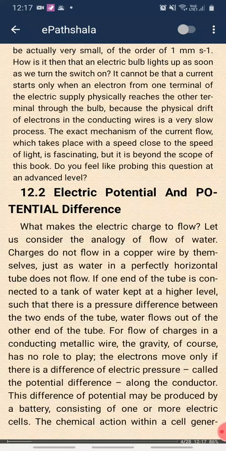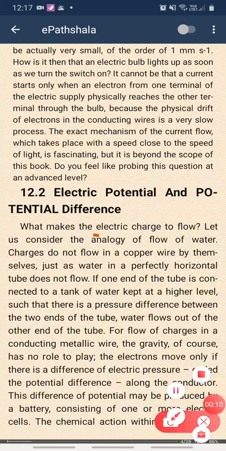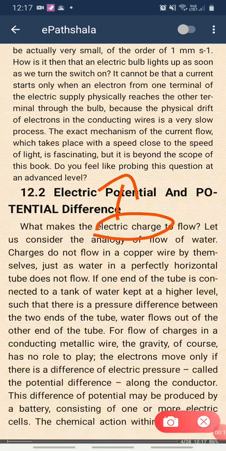Okay, so in today's class we will see what causes the electric charges to flow. What are these electric charges? We have seen which electric charges are flowing. These are the negative charges, present on our electrons. So electrons flow, and which electrons? Loosely held electrons flow and cause electricity to be produced.